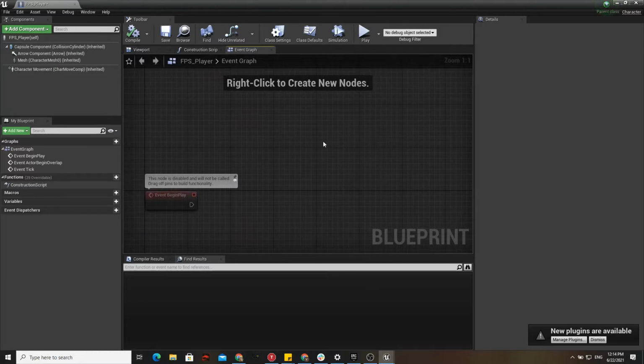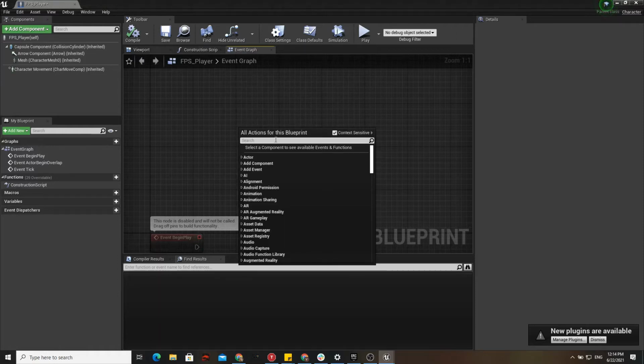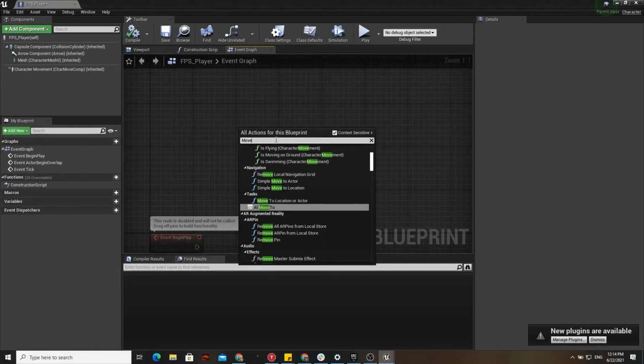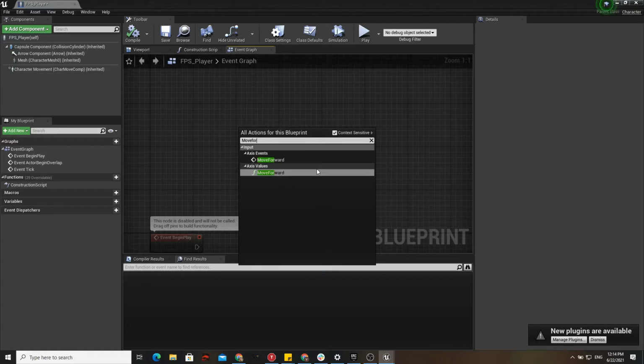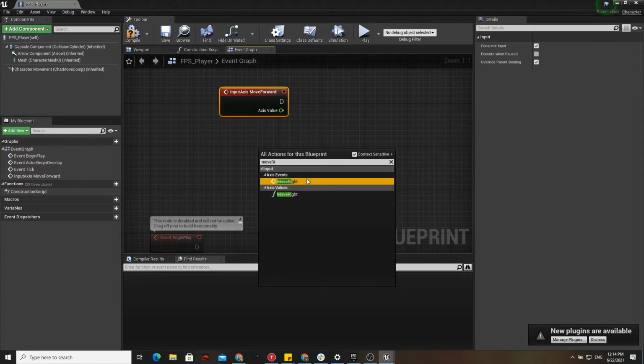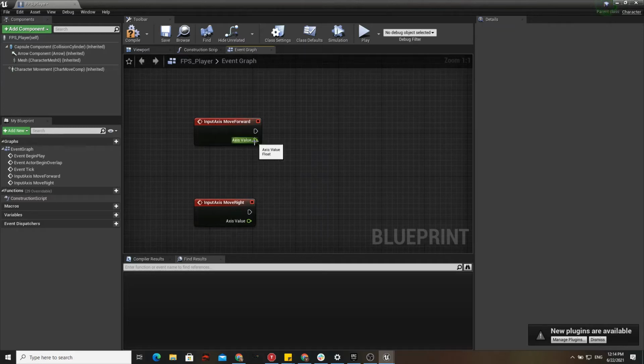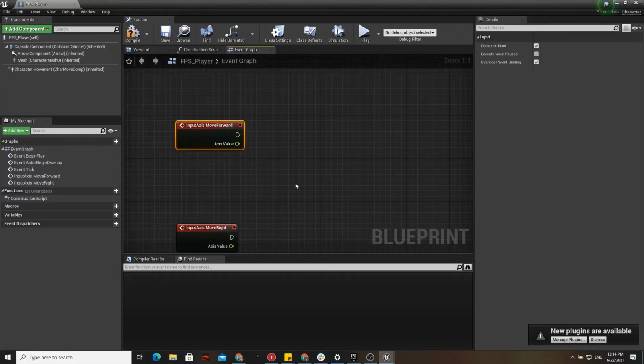So now that we're inside this blueprint, the first thing we need to do is to start to, well, move the character. So previously what we used to do is to just get our functions, to collect input, move forward, move right. There we go. And previously we would take the speed of the character, multiply it by the input provided by the player, add the world delta seconds, make a vector out of it, take the current location of the character, add these two vectors, and that set up the new player locations. You can still do that, but